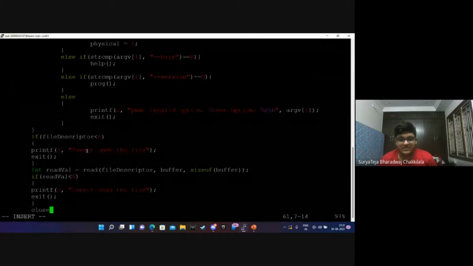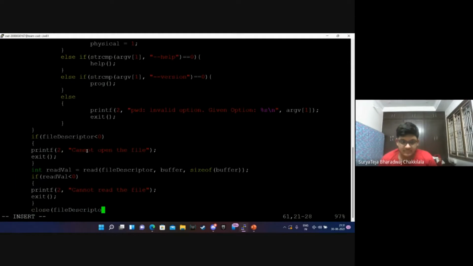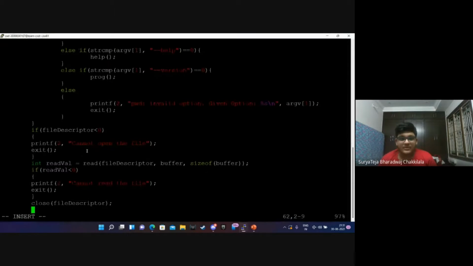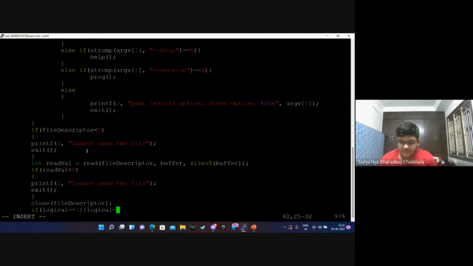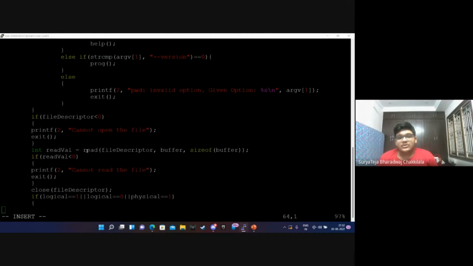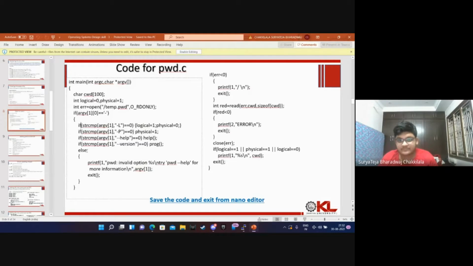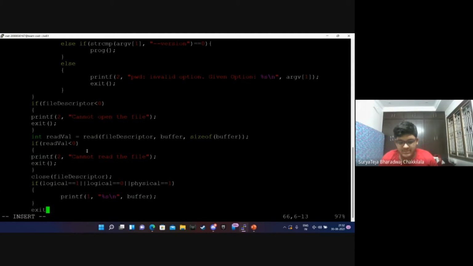So we'll be closing the file descriptor. So if logical double equals to 1, logical double equals to 0 or physical double equals to 0, sorry 1, printf 1 comma percent s comma percent s backslash n to be clear, buffer, and after that we'll just exit our code.